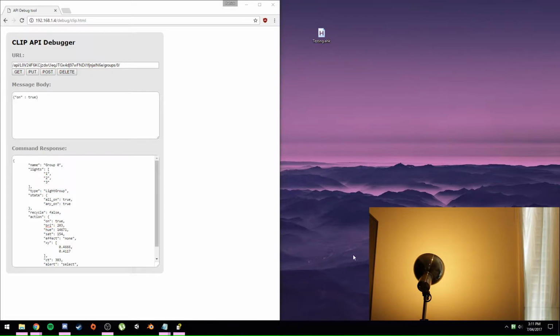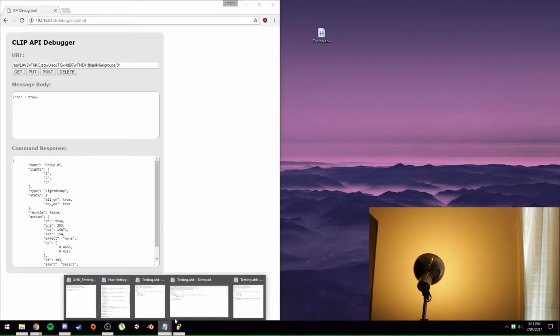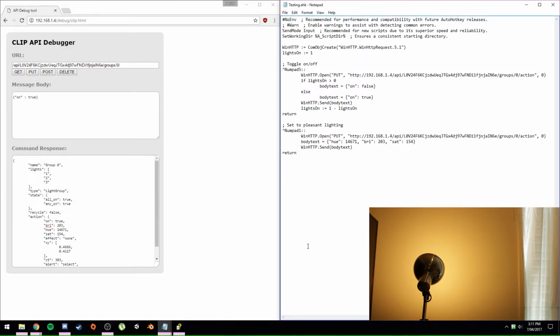Now you can set up as many of these as you'd like in here, just set them all to different hotkeys, of course, and change all of these settings. You can copy paste this whole block, copy paste this whole chunk, put it into a new hotkey, change all the settings, and you've got yourself a new